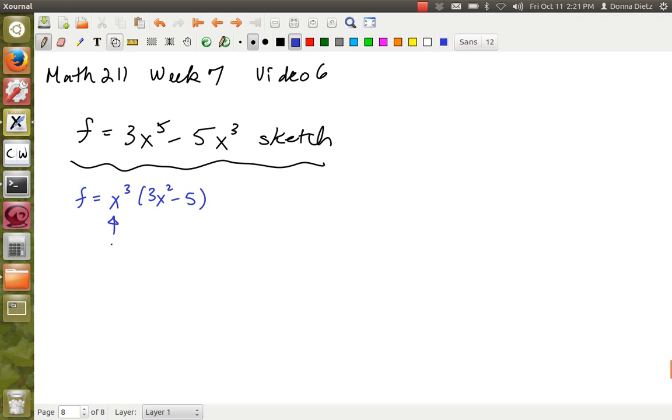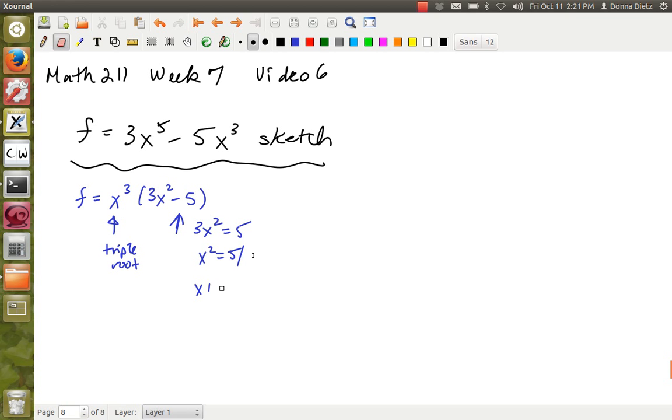And that's telling you we have a triple root here at 0. And then we have this other thing over here, which is two roots kind of stuck together. And we just use the quadratic formula to find that. Or you don't have to use the quadratic formula. It's actually really easy. But if you want to, you can go ahead and use it, but I'm not going to. 3x squared is 5. x squared is 5 over 3. So x is either